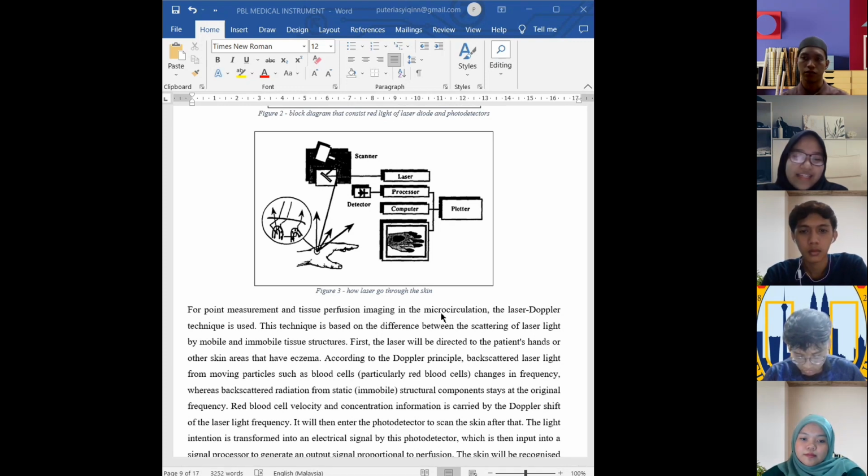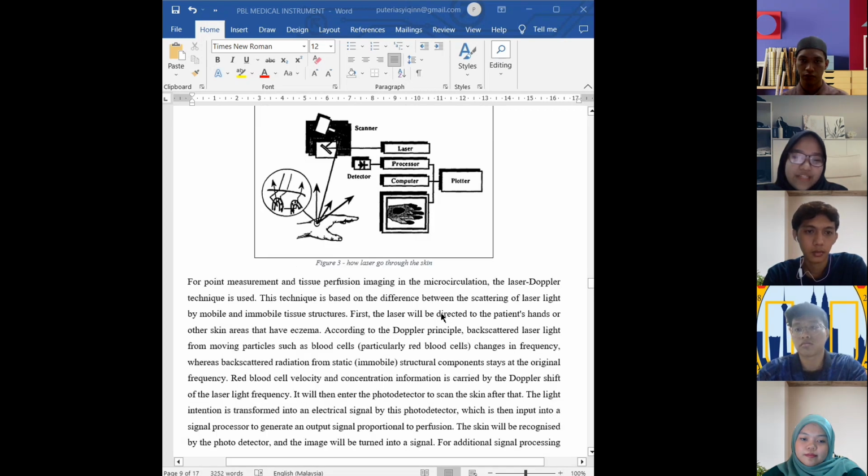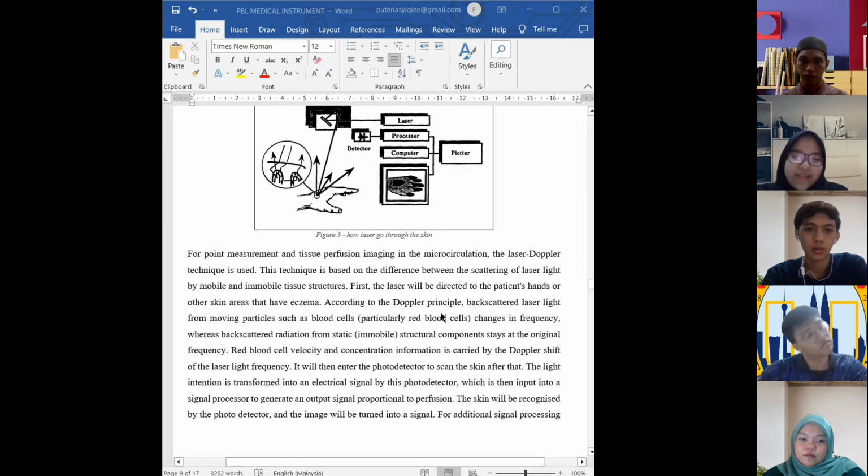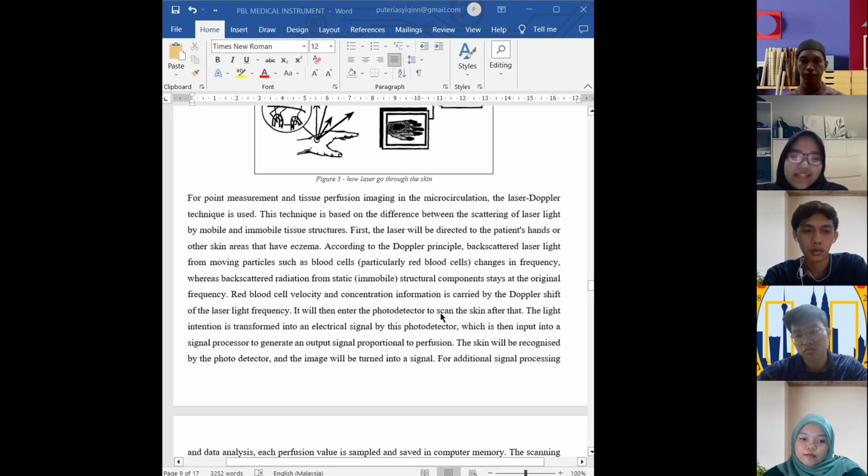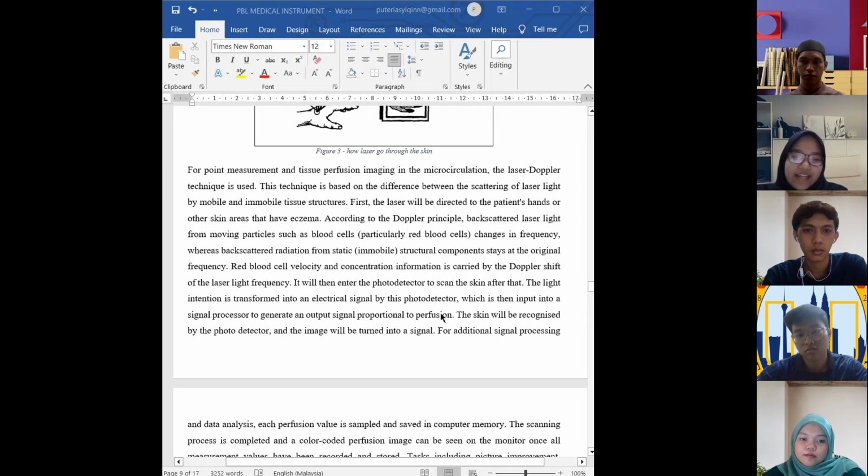After that, the light intensity is transformed into an electrical signal by this photodetector, which is then input into a signal processor to generate an output signal proportional to perfusion. The skin will be recognized by the photodetector and the image will be turned into a signal. For additional signal processing and data analysis,